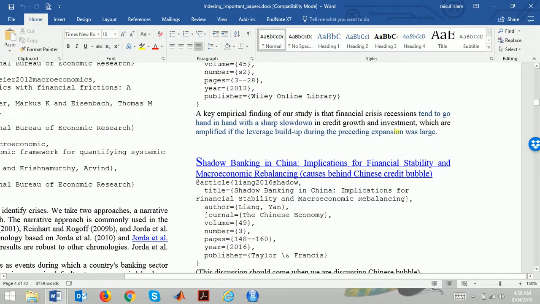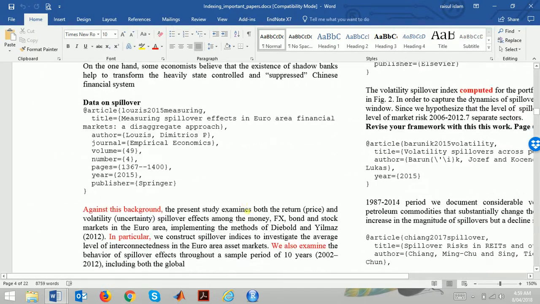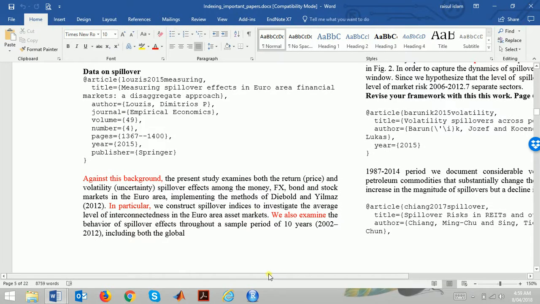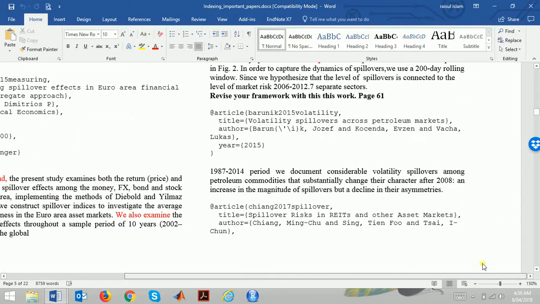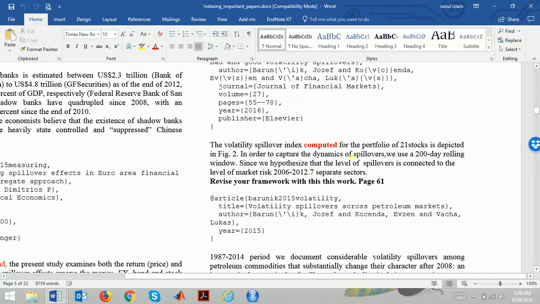A key empirical finding of our study is that financial crisis recessions tend to go hand in hand with a sharp slowdown in credit growth and investment, which are amplified if the leverage build-up during the preceding expansion was large. Against this background, in particular, we also examine the volatility spillover index computed for the period of